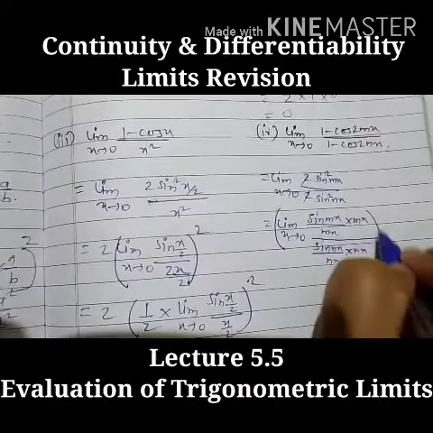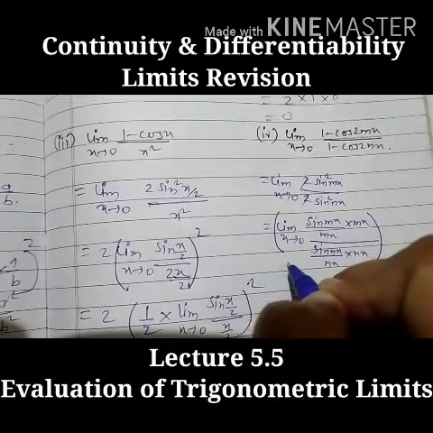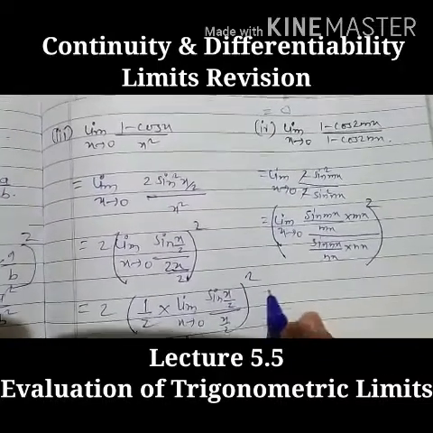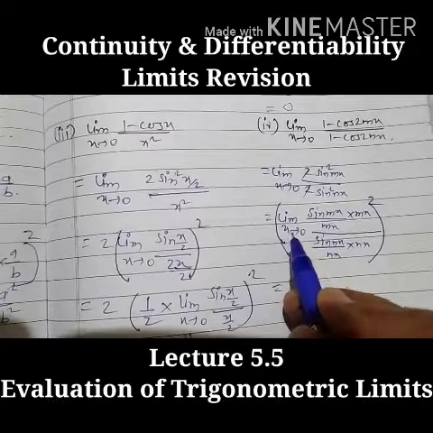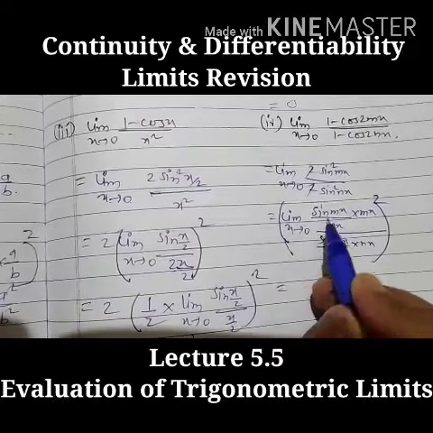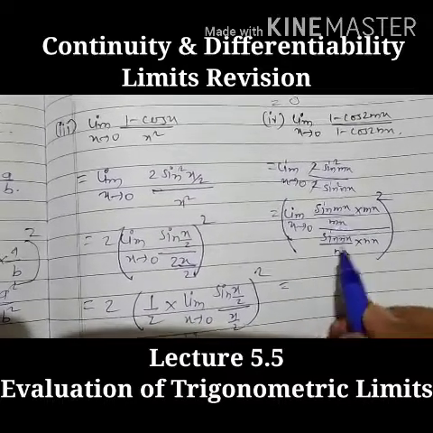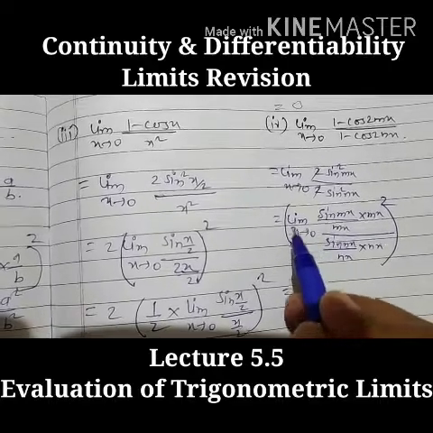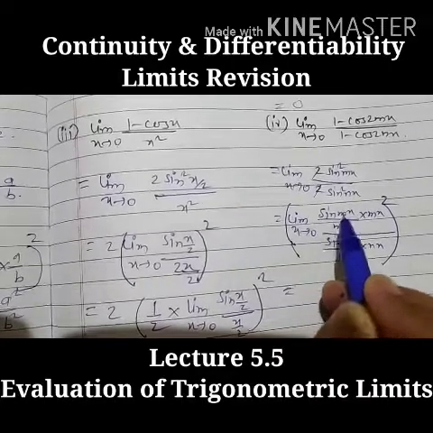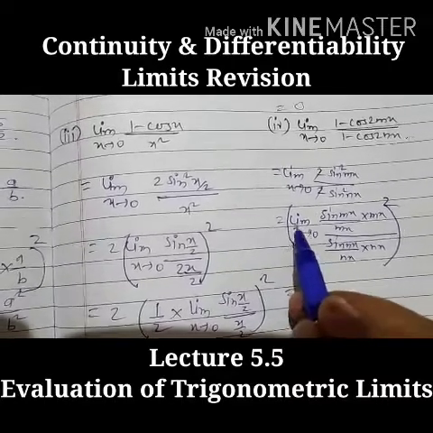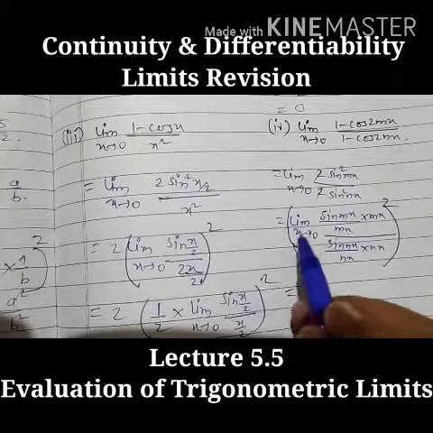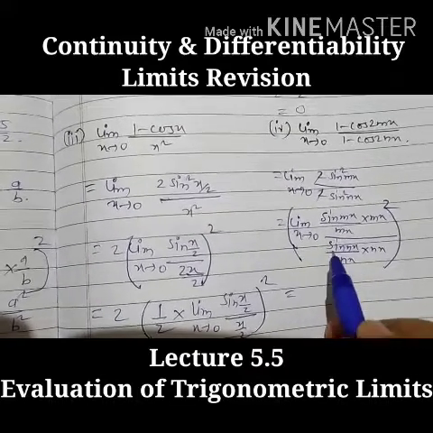Any doubt on this? We have multiplied and divided. So now we'll complete the bracket and its square will be there. Now clearly, if we apply the limit to both numerator and denominator, we are getting this value as 1, because limit as theta tends to 0 of sine theta by theta is 1. So here, since limit x tends to 0, mx is also tending to 0. Understood? So this limiting value will be 1.